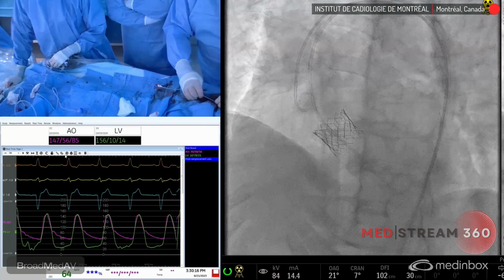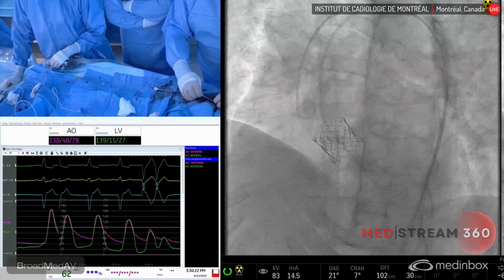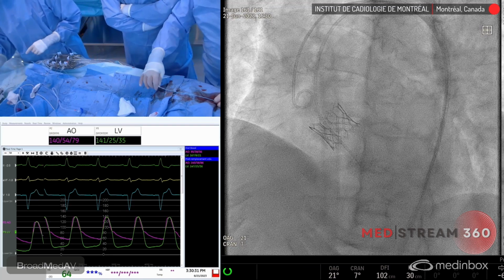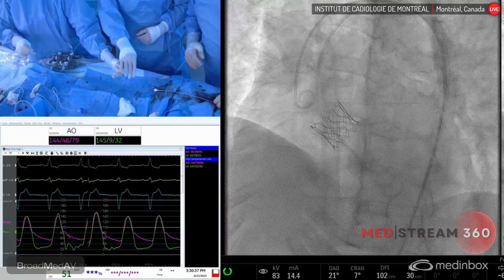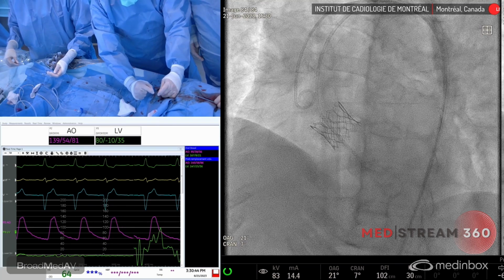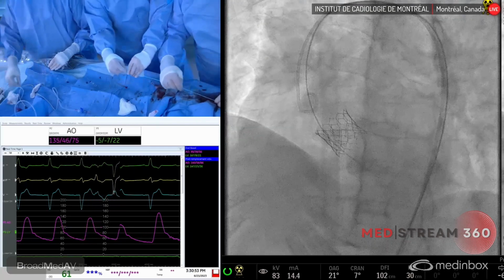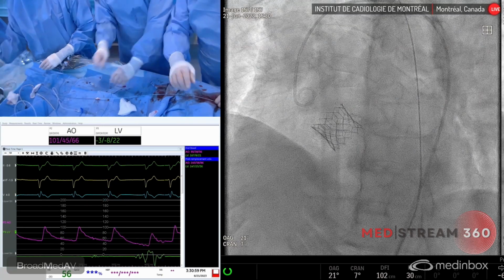So not much in the way of a gradient here. She's got a good diastolic separation, which suggests she doesn't have much in the way of aortic insufficiency. But this diastolic is high. And diastolic has gone up from 21 to 36. What we're going to do is bring that pigtail out. Perfect. So she's got a gradient of 2. We're going to take this out and do an aortogram. Certainly the rapid pacing, and you saw that she had quite severe AI while we were positioning, and all of those things probably contribute to this elevated end diastolic pressure, but we're going to make sure we have nothing in the way of,